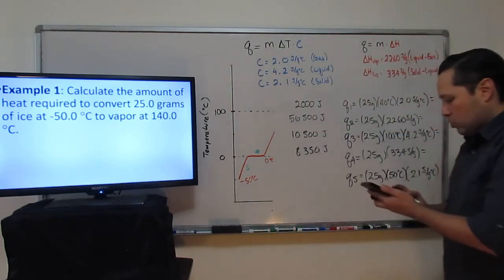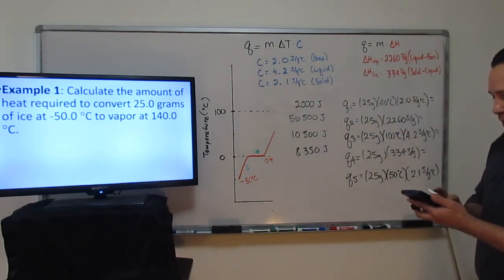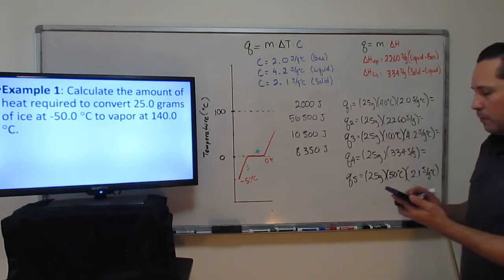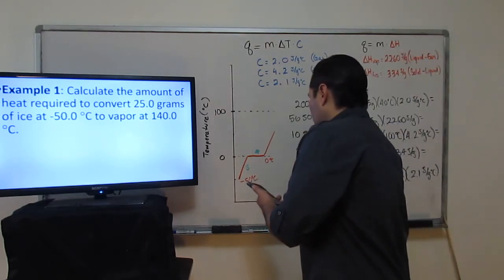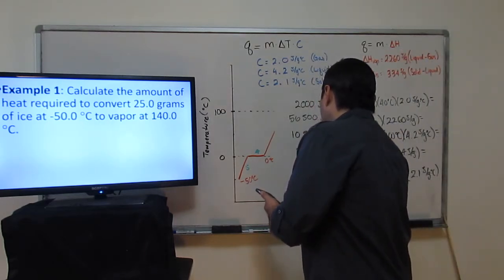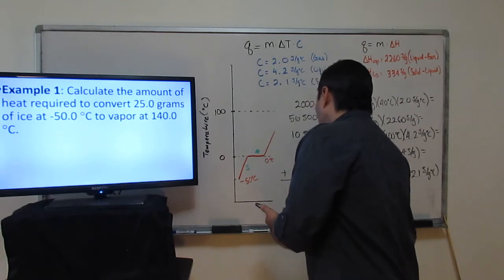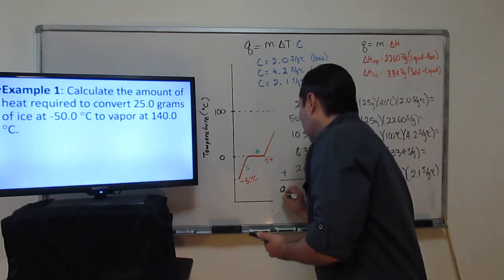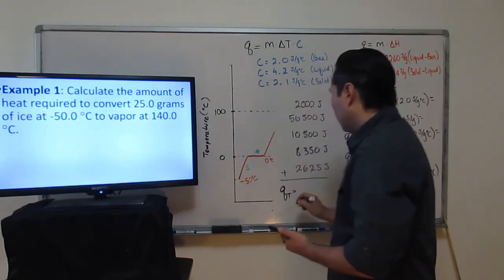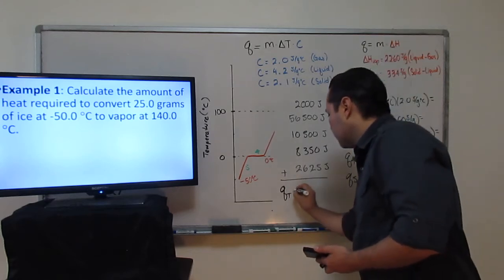And for the last one, 25 times 50 times 2.1 gives me 2,625 joules. To get the grand total, I'll put that as Q with a T for total, equals,